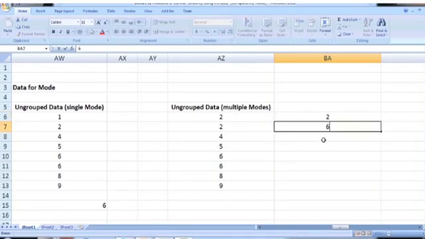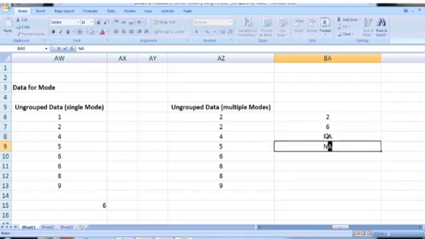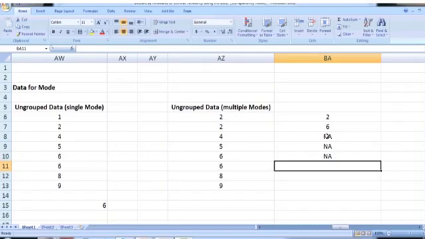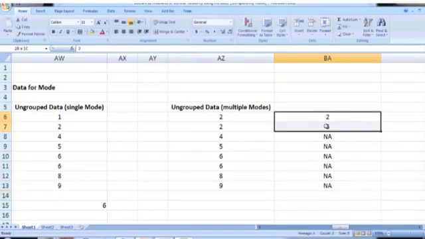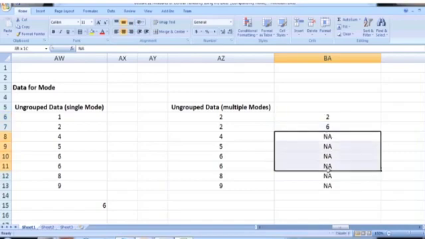These are the 2 modes, and here we will get NA for not applicable. It means there are only 2 modes in the data, and on the rest of the cells this command is not applicable.